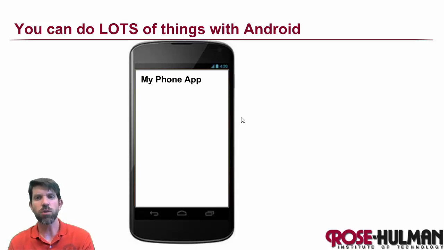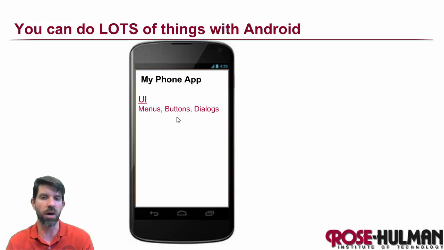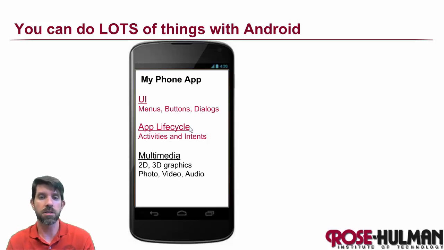So what kind of things can we do with Android? Let's take just an app running on our phone right here. The first thing we're going to be able to do is program up the UI. How do we interact with it via buttons, little drop-down menus, pop-up dialogues? How do we make these things appear? We'll be starting those as early as the first week in the course. After that, we're going to take a look at what we call the application lifecycle and different activities or screens in our app, how they communicate back and forth with each other, and how we can even launch system activities using intents.